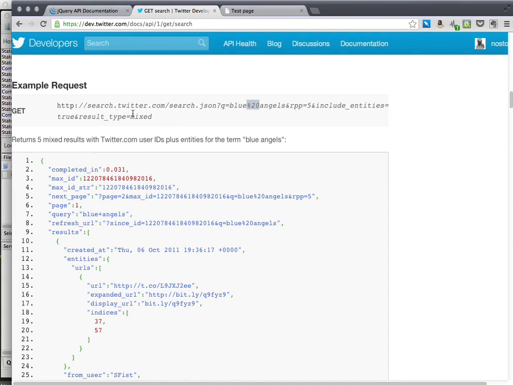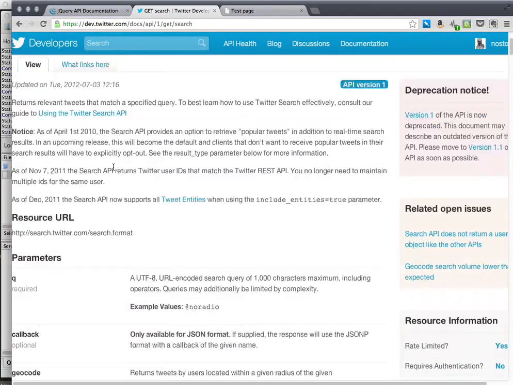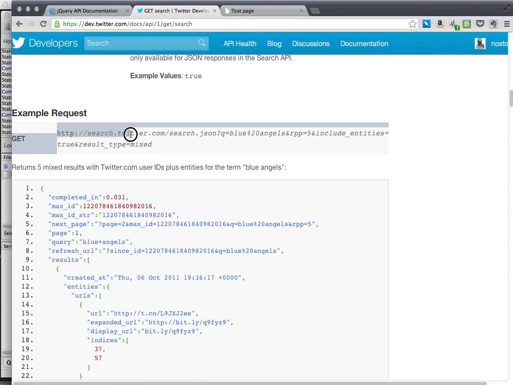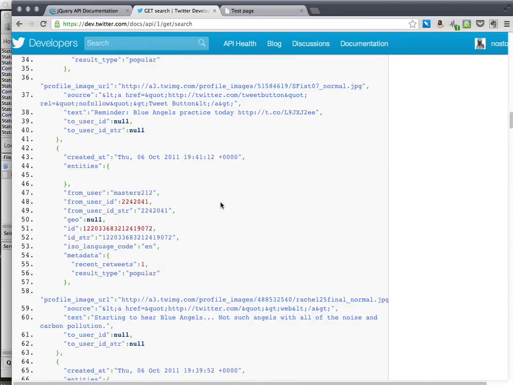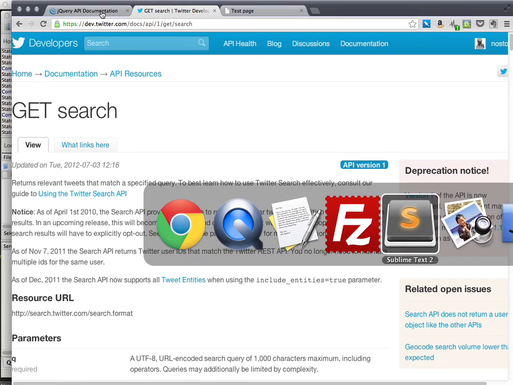And we're going to use the Twitter search API, so you can see some of the documentation here. We're going to use this search endpoint, which looks like this, get search twitter.com, and then you pass in any search terms and you get any recent tweets that correspond to those search terms. Okay, so jumping right in,